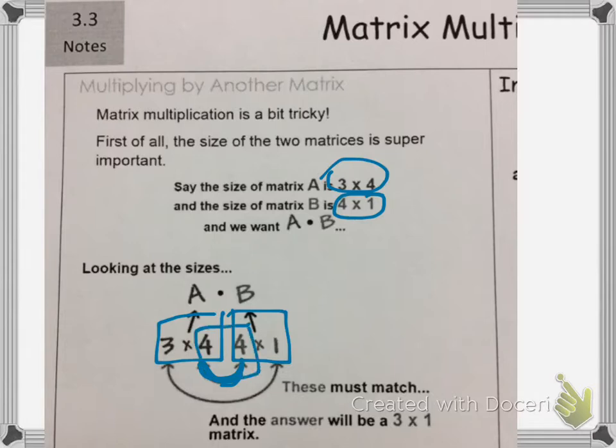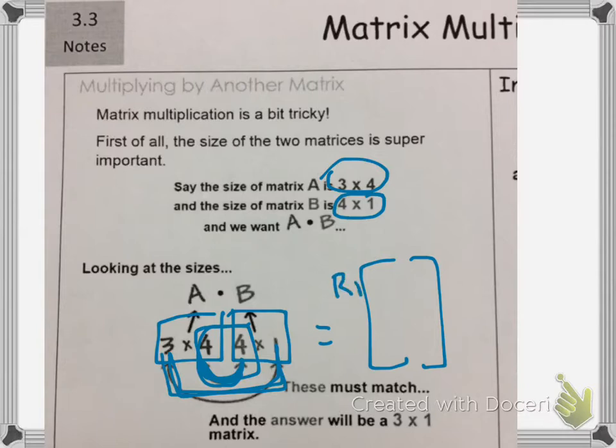If these two middle numbers are the same number, I can multiply the two matrices together. If they're not the same number, I cannot multiply those two matrices together. These two back numbers tell me the size of my matrix. So the answer is going to be a 3 by 1, which means it would have 3